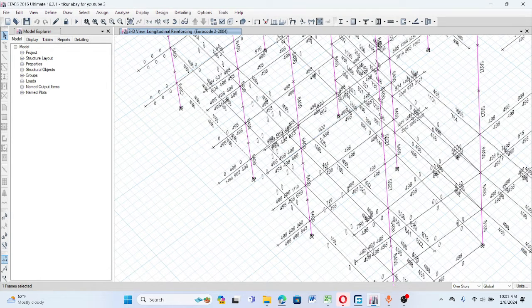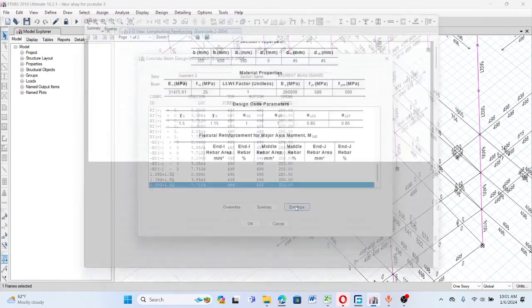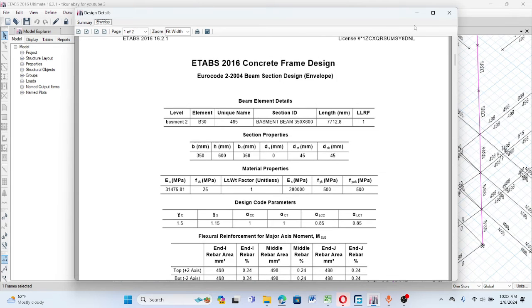Here, in order to see all the results of the outputs of ETABS, we can right click here and use the envelope report. ETABS 2016 concrete frame design provides the detailed design output reports of the selected beams. So here, as you can see,